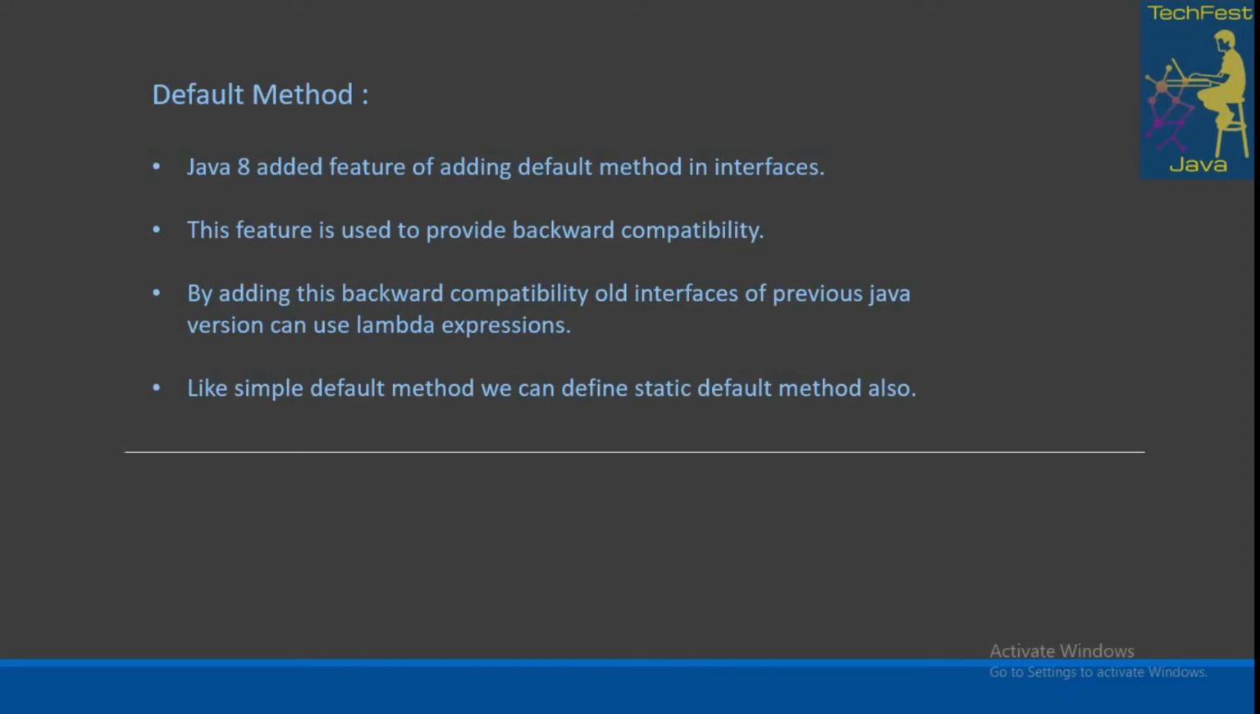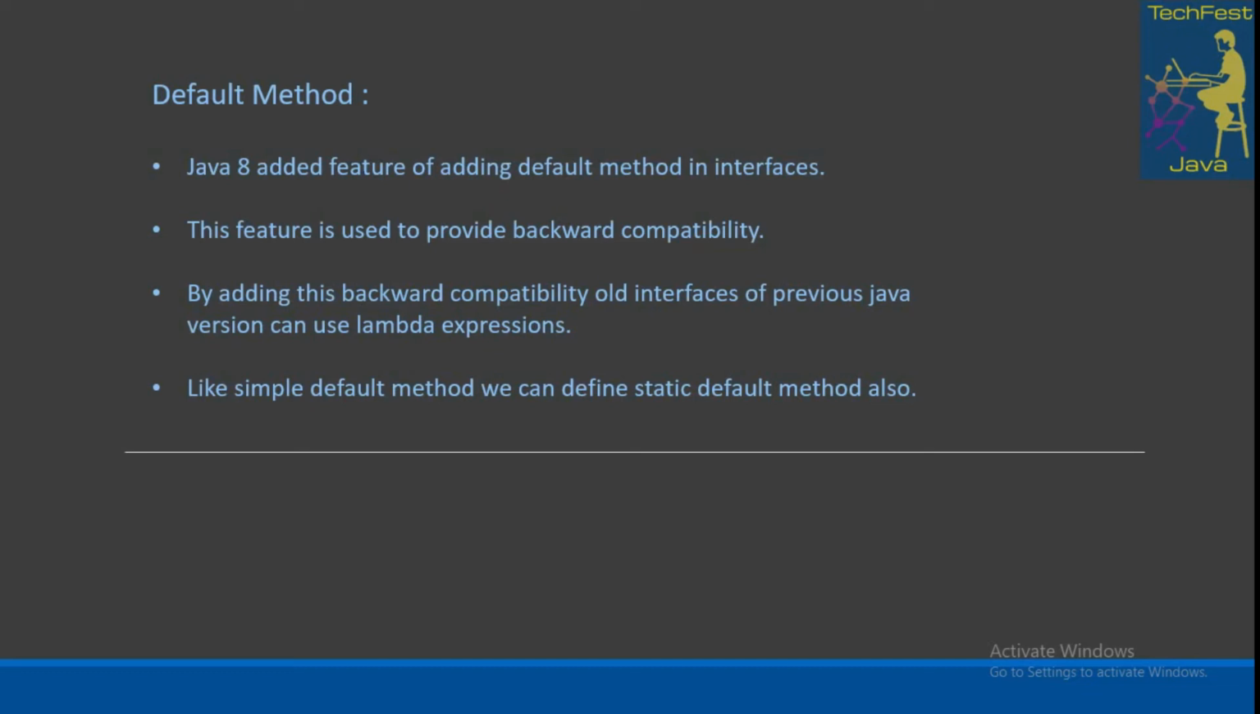When they introduced the functional interface concept, there was a collection API where they faced difficulties providing backward compatibility of the methods and their interfaces. To overcome this issue, they introduced the default method concept, where they defined all the definitions of the previous versions in a default method, so that backward compatibility is provided. By adding this, the old interfaces of previous Java versions can use lambda expressions. Like a simple default method,